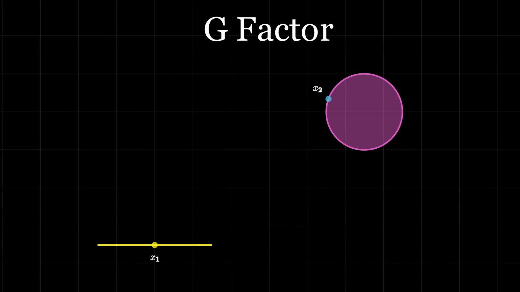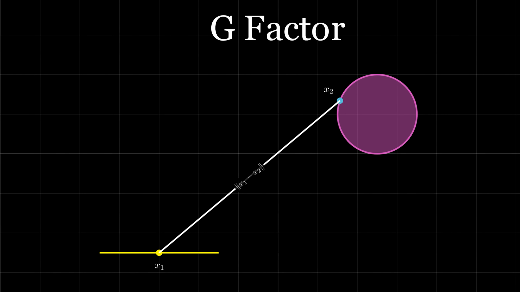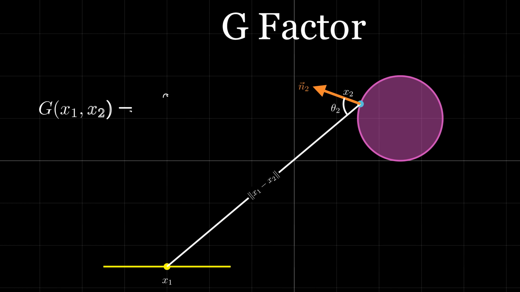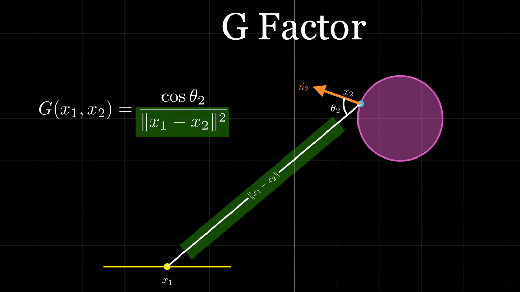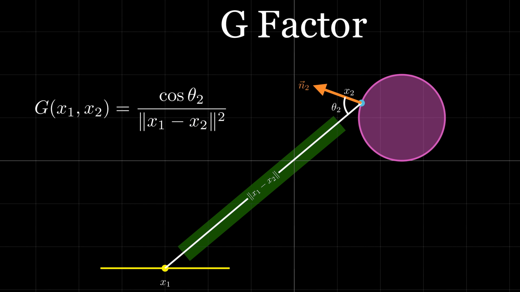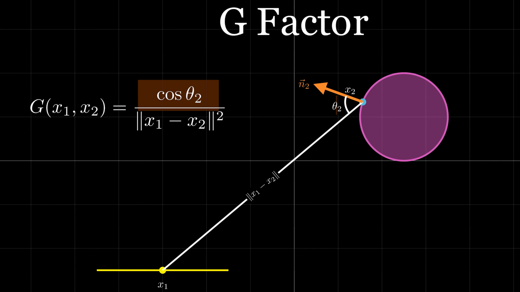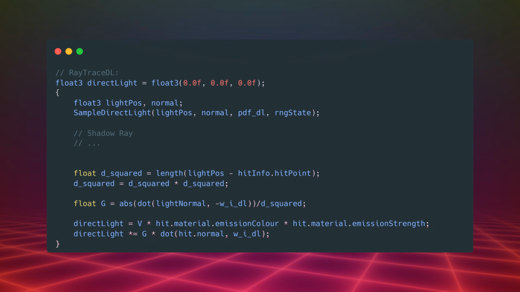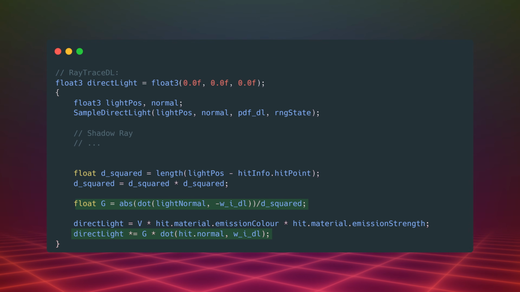To fix this, we introduce the g-factor, which brings two basic rules of physics back into our code. First, light spreads out over distance, so we divide our contribution by the squared length of our shadow ray. Second, light hitting a surface at a steep angle stretches and dims, so we scale it down using the cosine of the hit angle. We plug our new g-factor into the engine